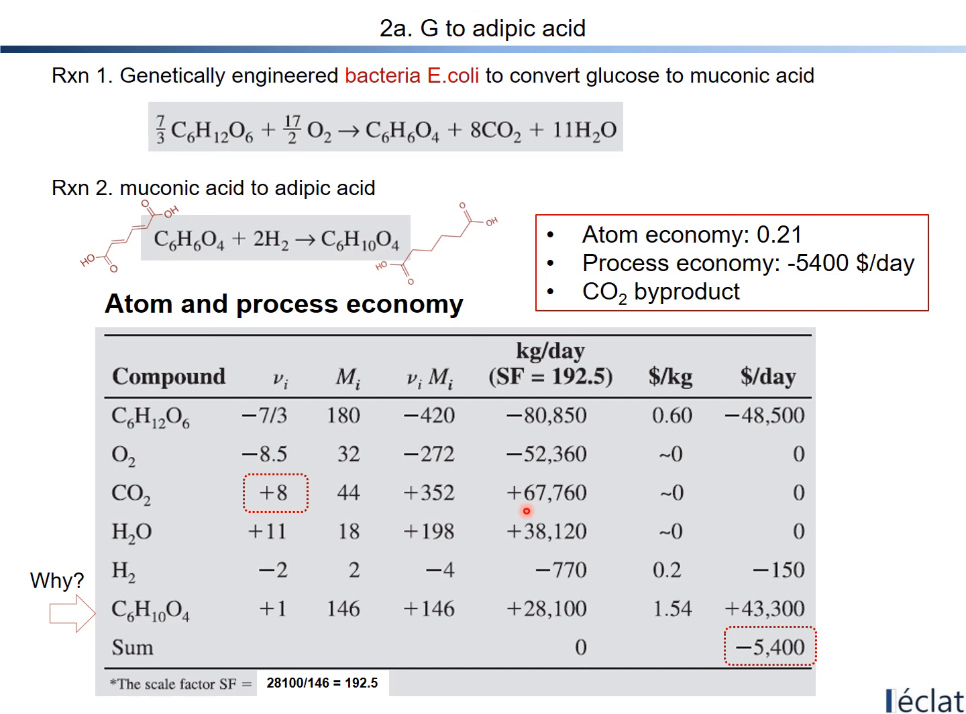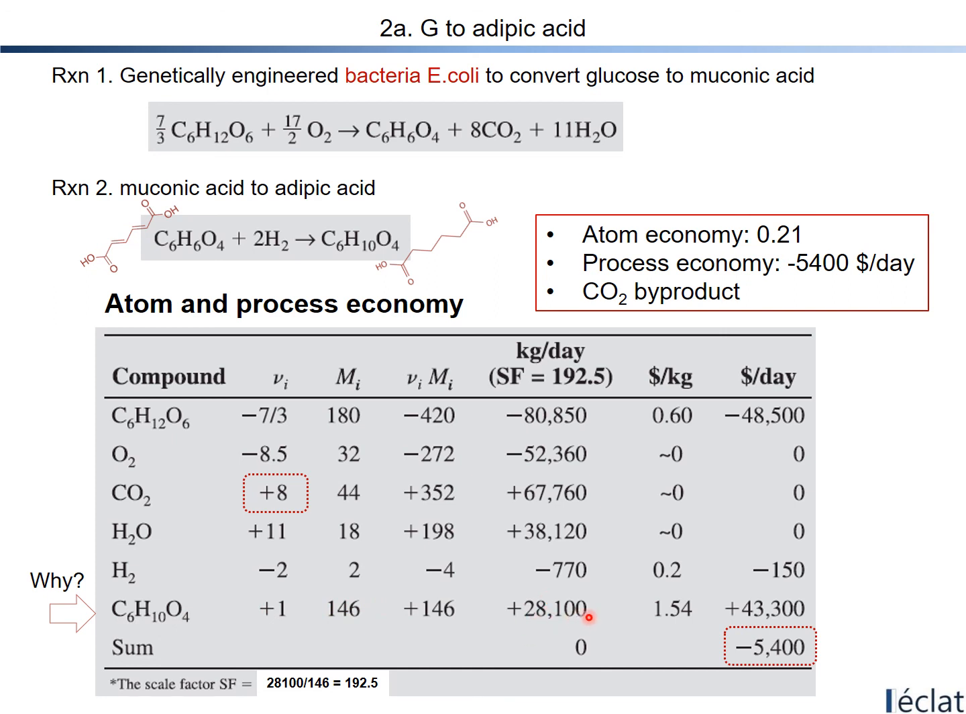But right now, the raw material benzene is replaced by glucose. So it is difficult to keep the basis. So we should change the basis from the reactant to product. Okay, so here's the basis. This is the product, adipic acid, and adipic acid is produced at